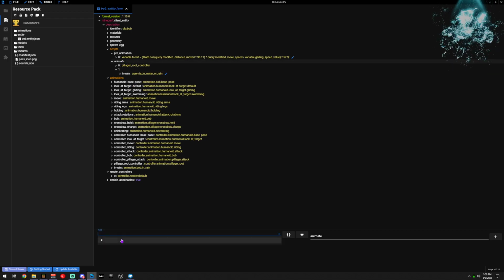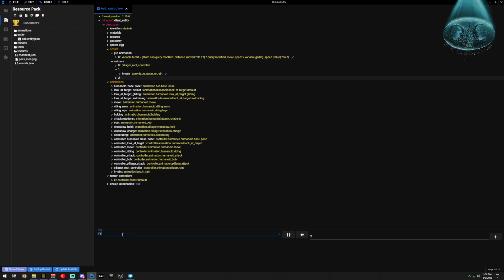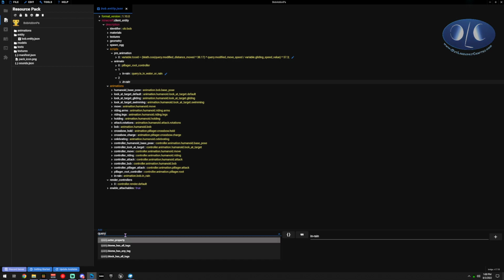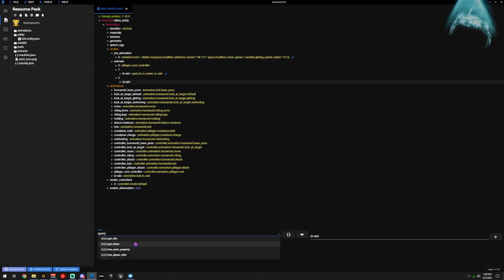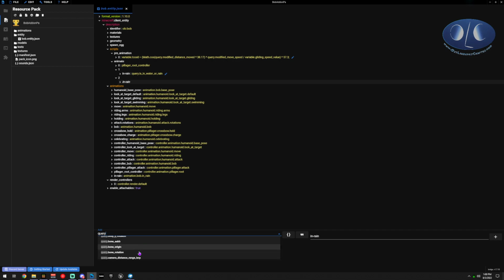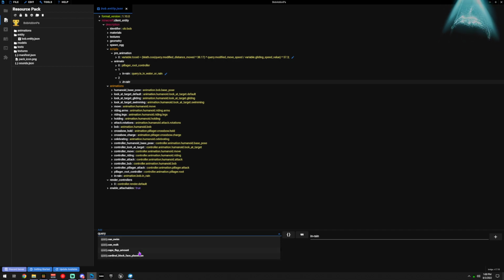So we're going to go in and say we want to play in rain, but we want to play it when... you just see how many queries there are. We could play it when riding, when attached, when targeted, when it has a tag, or when it has armor in a certain slot, or it's blocking, or it's attacking, or it's climbing, or it's flying, or it's walking.